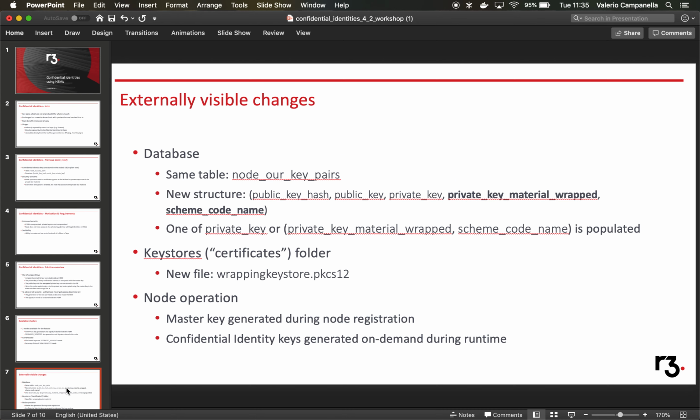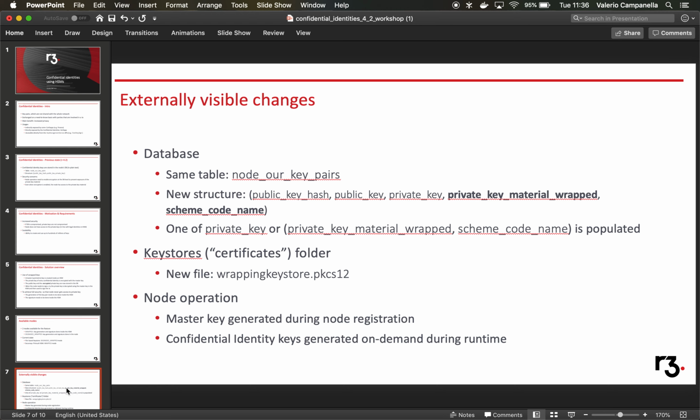Fantastic. And then externally visible changes. For the more technically minded, what is the deployment going to look like? Yes, so the same table is used as the one we saw before, but it now has two additional columns. One, as we see in the slide, is called private key material wrapped and contains the private key material in the encrypted form. The next one is called scheme code name, which essentially contains some metadata related to the ciphers and algorithms that are used for the asymmetric key pair related to the confidential